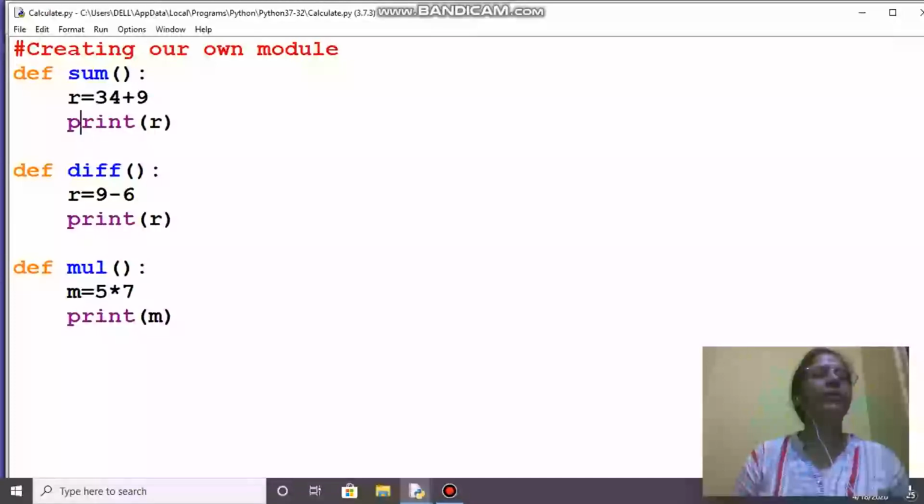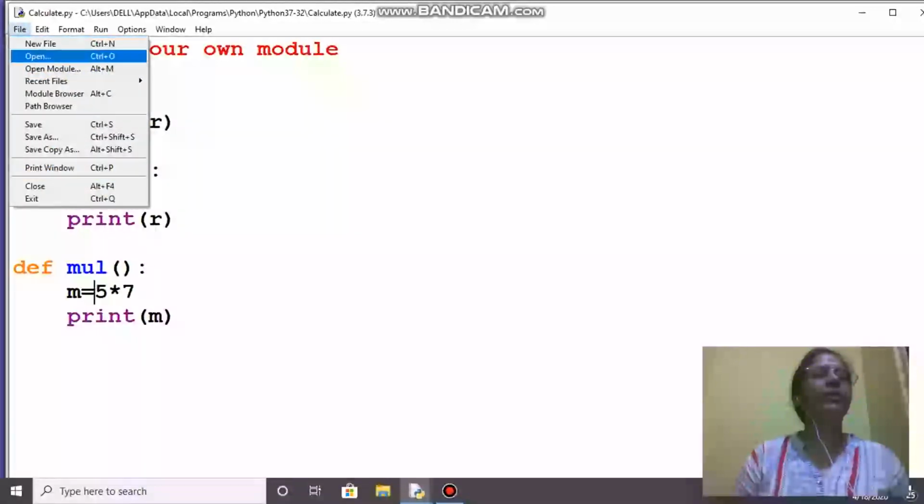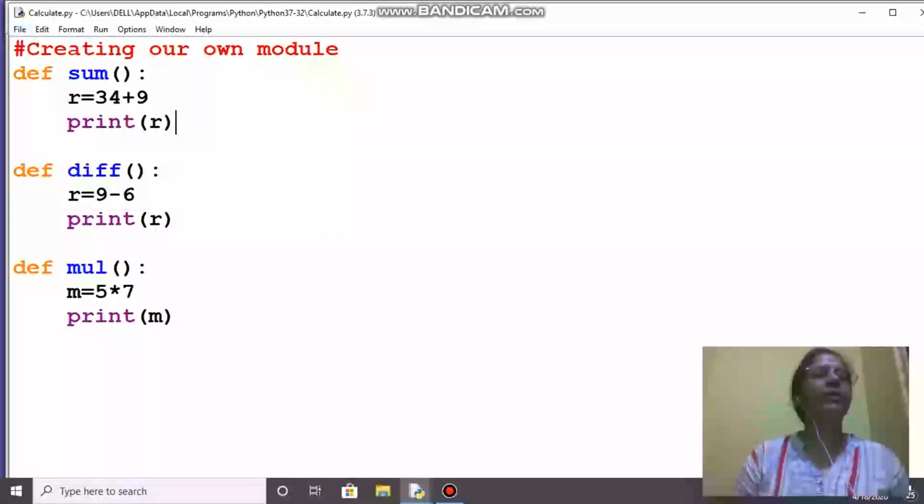So here I am not calling any function. These 3 functions are kept within a file named calculate.py. Now calculate will act as a module. So how can I use these functions somewhere else, not here, that I am showing you, and this I have saved under calculate.py.